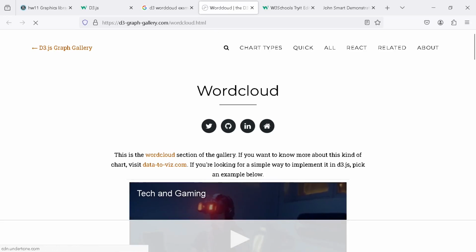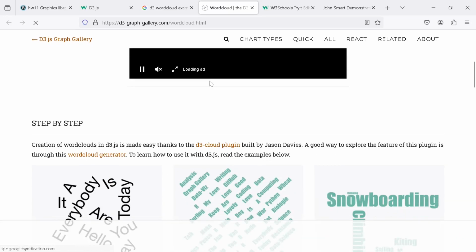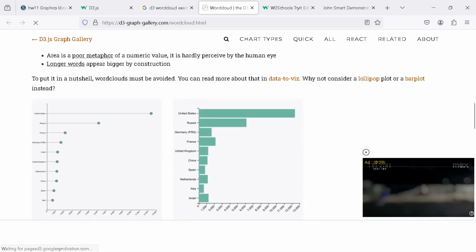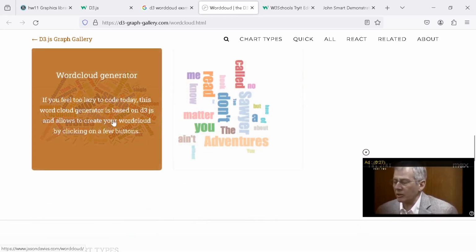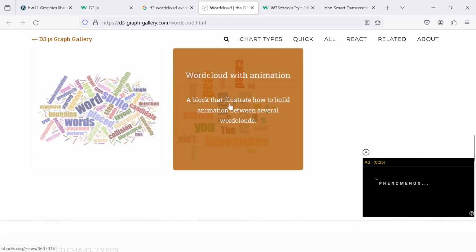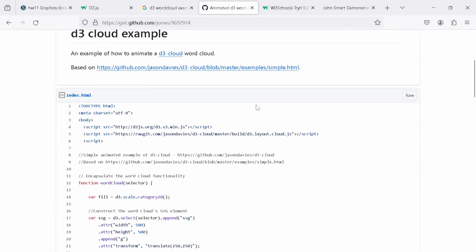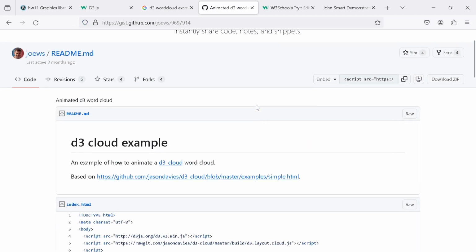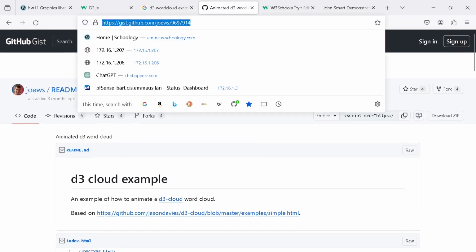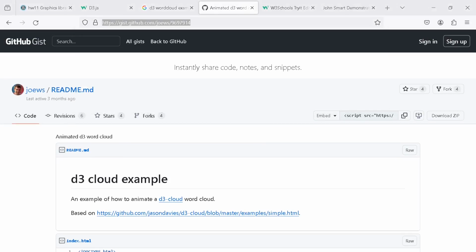And here I found a gallery. Here is something, let's see, I like this cool looking one, and even better, there's an animated one. That looks pretty cool. If I click on that, I believe it will show me the code. Isn't that lovely? So I'm gonna go here, copy and paste that in my code,